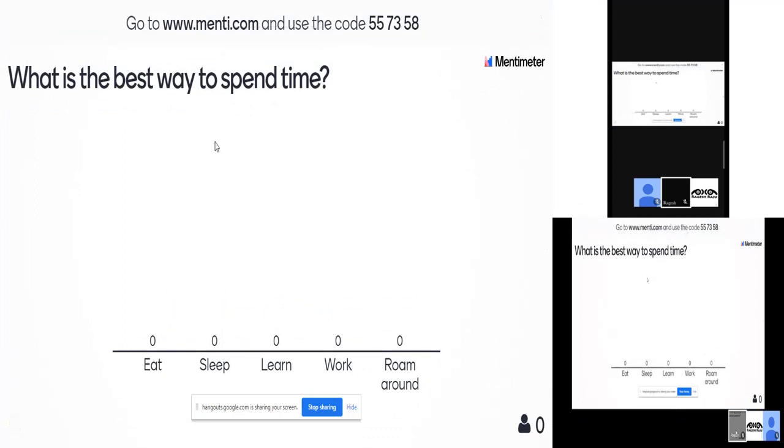Now in this particular case, what the other people have to do is minimize the Google Hangout, and after that go to www.menti.com, or those who have the mobile app have to open the app and type this code. Okay, so that is one option they have. In this case you can also try it out just to see how many people are actually watching the video. This is one more best option for that.